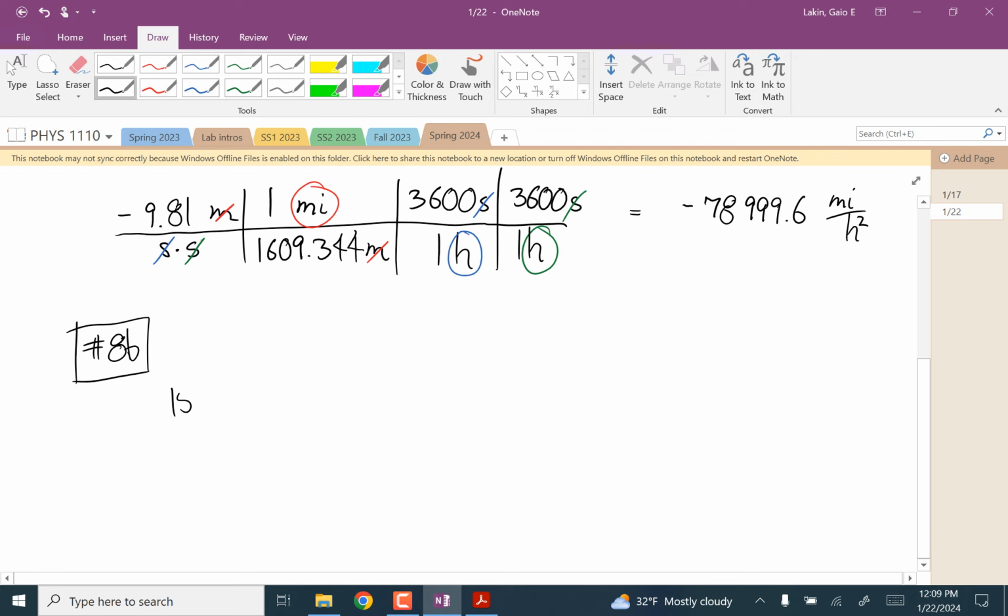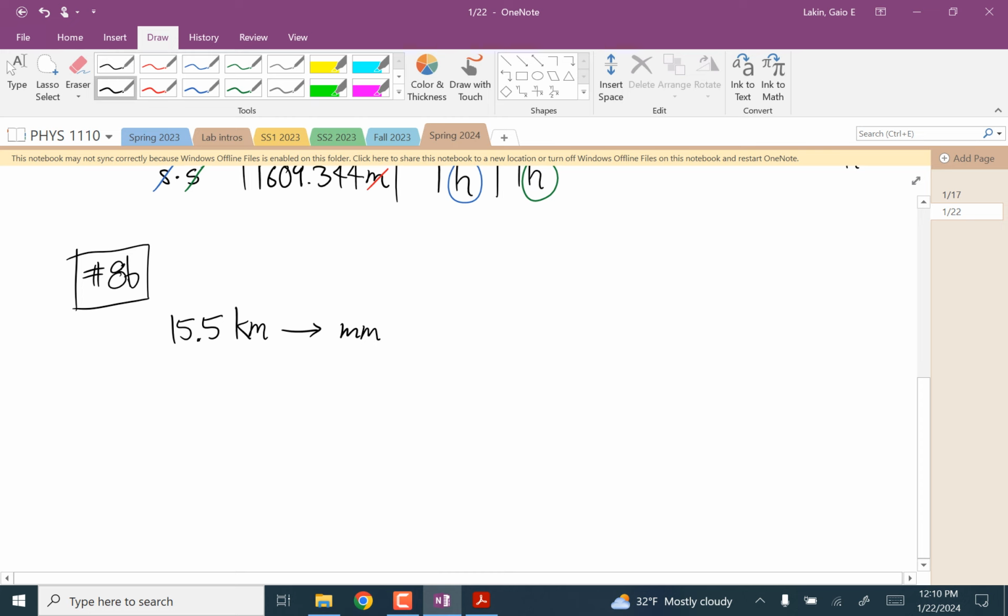Okay, so we want to go 15.5 kilometers to millimeters. And to do this, you need to know that